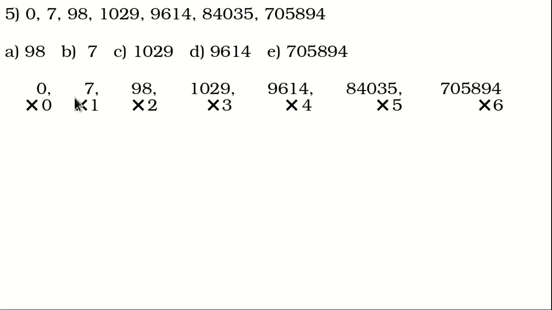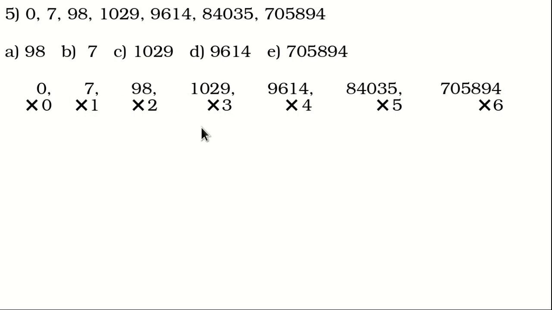Any given number multiplied by 0 gives you 0, so we cannot predict this number. But a particular number multiplied by 1 should give you 7, so I can definitely say that it's 7. A particular number multiplied by 2 gives you 98, so this number should be 49. A particular number multiplied by 3 should give you 1029, so this number should be 343. Is there any relation among these three numbers 7, 49 and 343? All the given numbers are related to powers of 7.